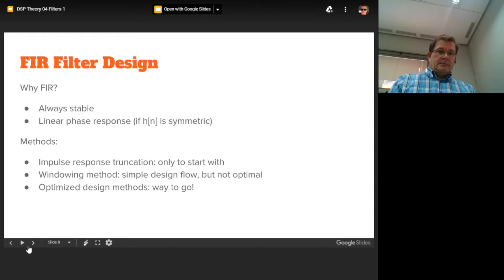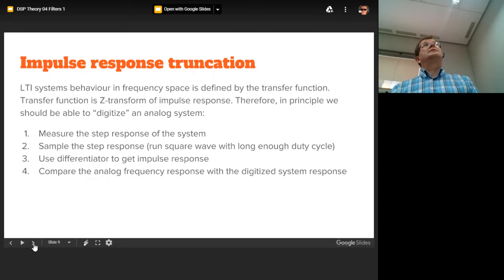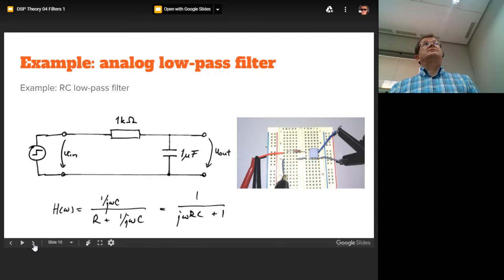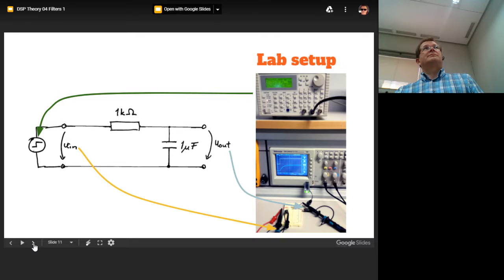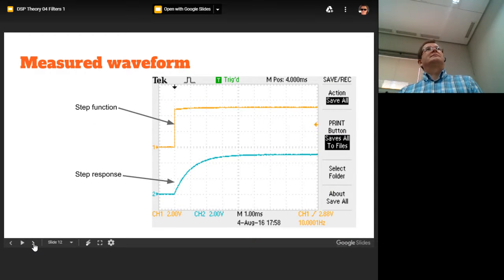So next, yeah, I have some. Actually, I have done that one. I tried the analog low-pass filter. Just made a small setup and measured with those equipment. There is just a wave generator and oscilloscope and step function. As you can see, it's not ideal step function, but anyways, I got the step response